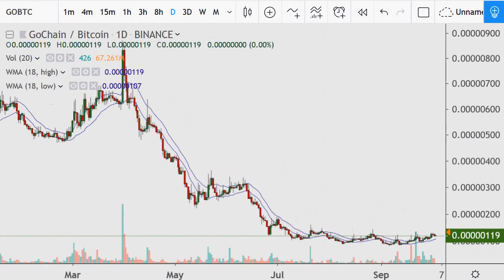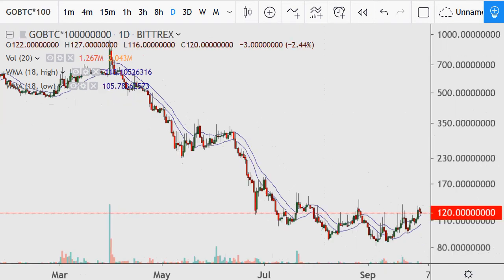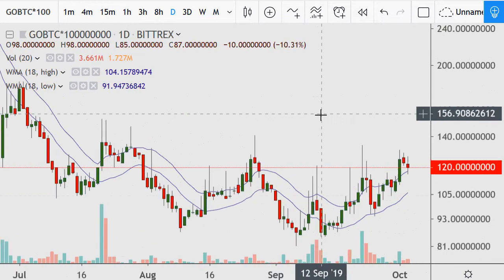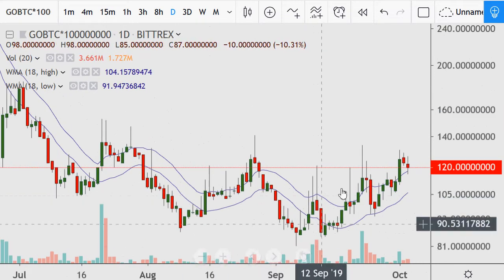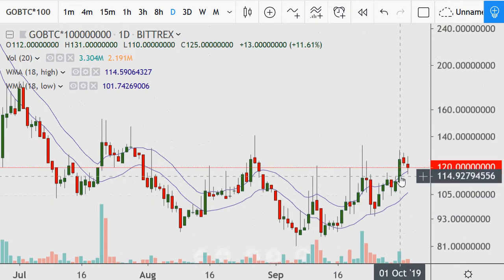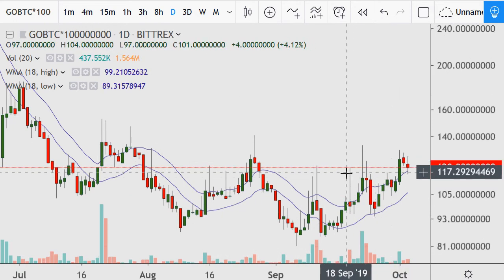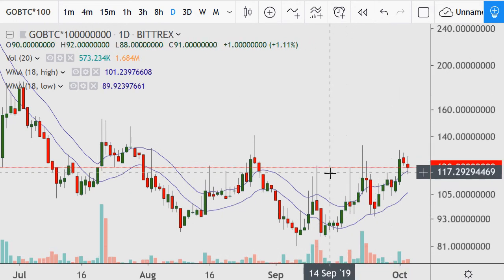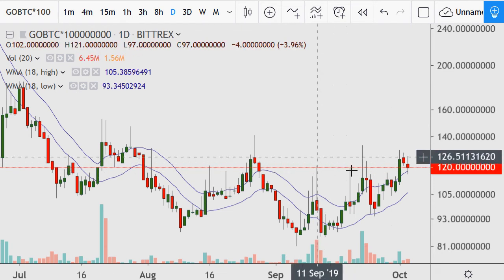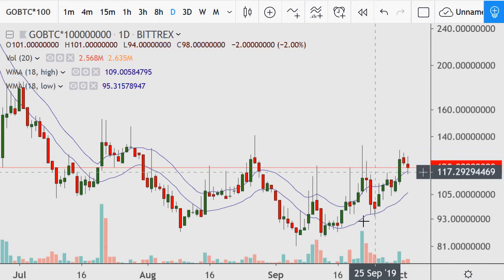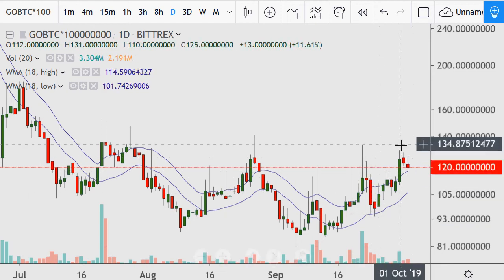Go chain, shown here with improper logarithmic scaling, looks like this. And within the log scale, we see a lot of these big choppy moves, and I've talked a lot recently about this particular coin and why I'm bullish on it. As far as following the money is concerned, I guess you can call it a tangible level. But with that being said, when you see coins like this, the other ones are showing weakness on the lows, and this one's showing weakness or strength on the highs.